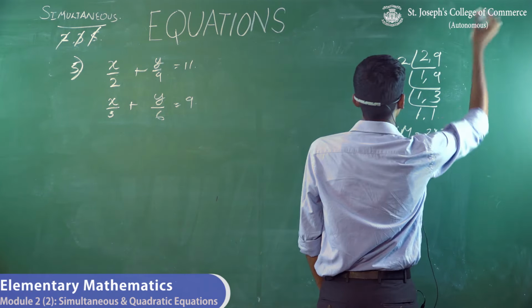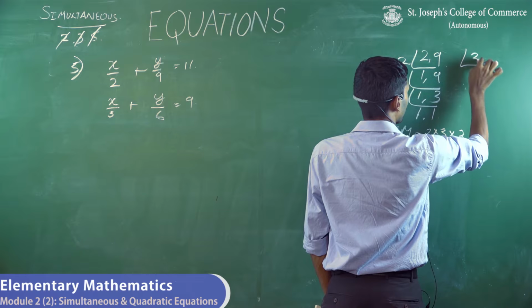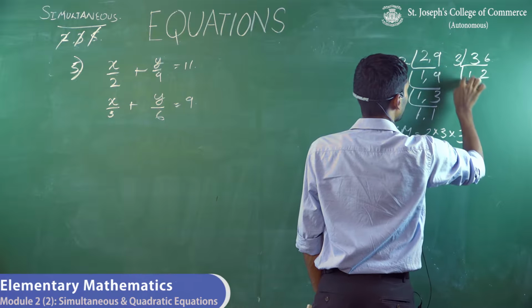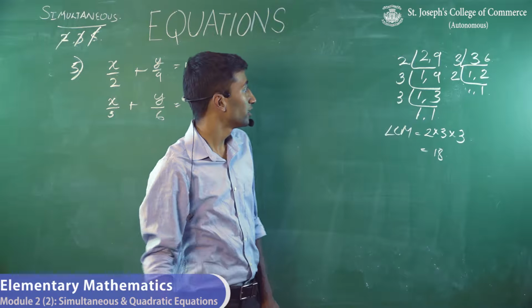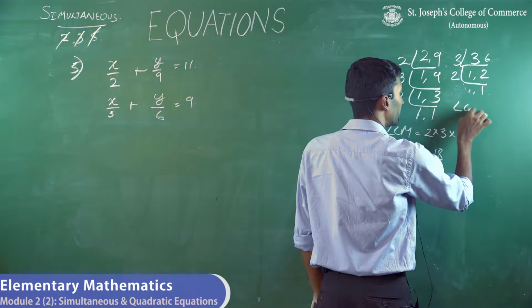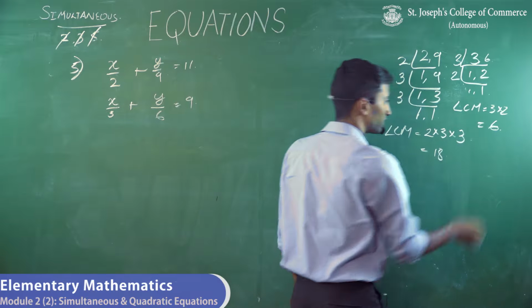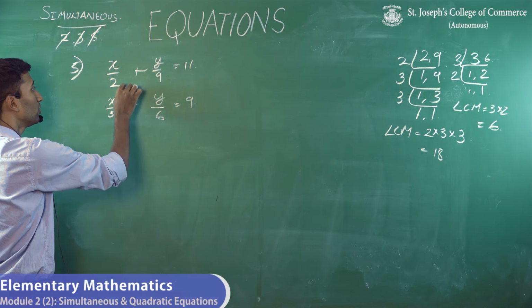And for the second case, it is 3 and 6. The LCM for this would be 3 into 2, which would be 6. So what I would go forward and do is now,